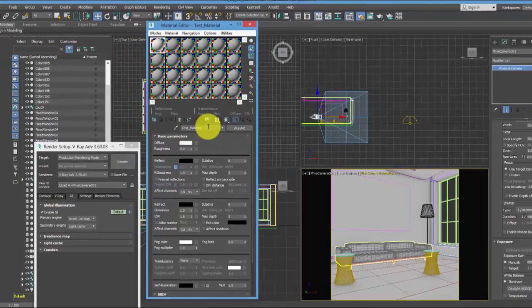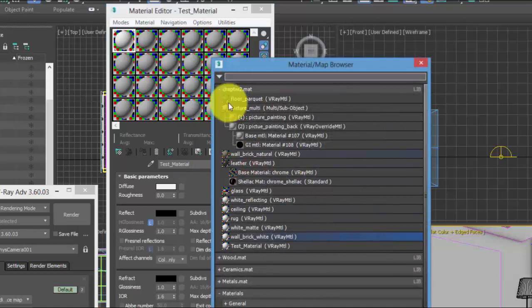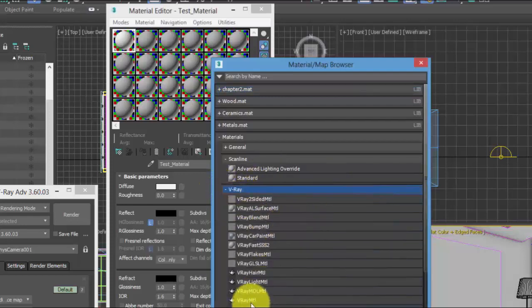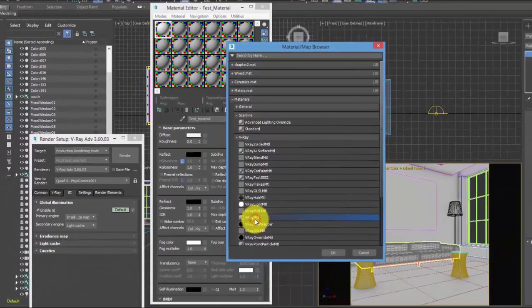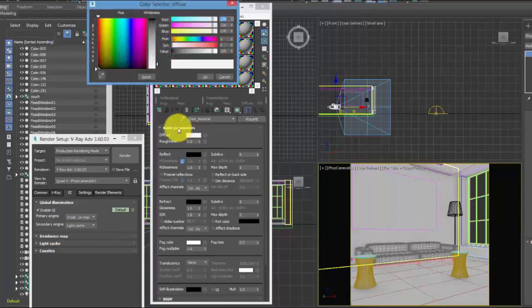And right here we're going to create a test material. We're going to call this a test material, and under the basic material, right next to the test material, there's a V-Ray MTL rollout. So we're going to go all the way to V-Ray, choose one of a wonderful material called V-Ray MTL, and we're going to select that, and then we're going to change the diffuse color